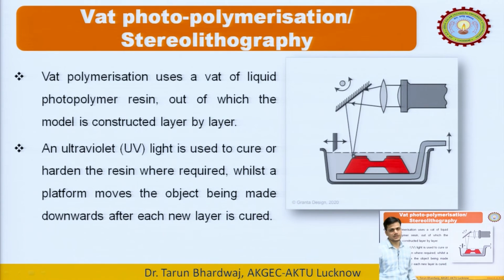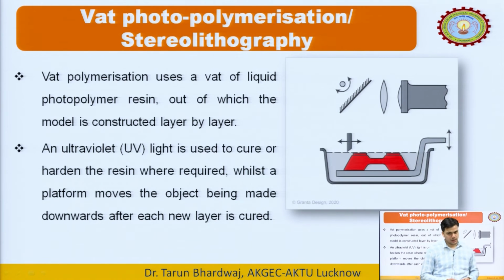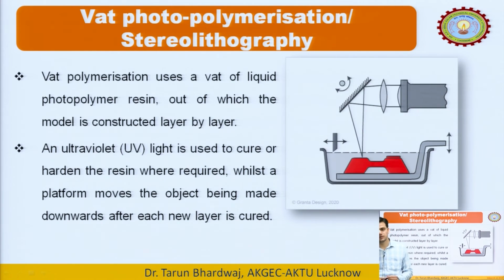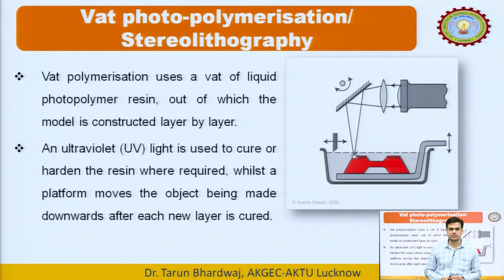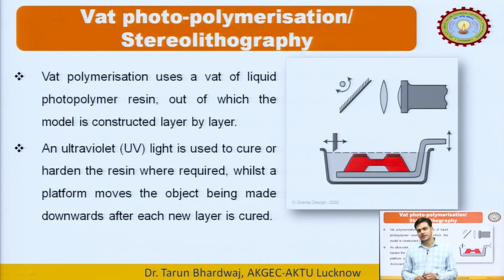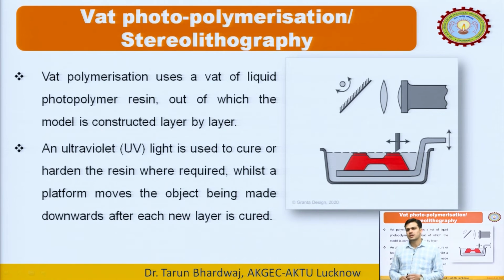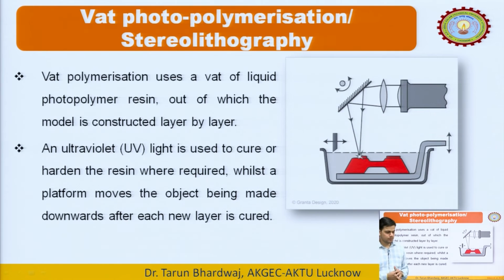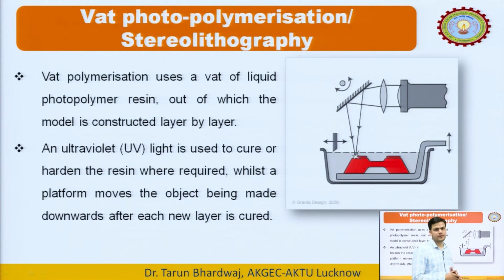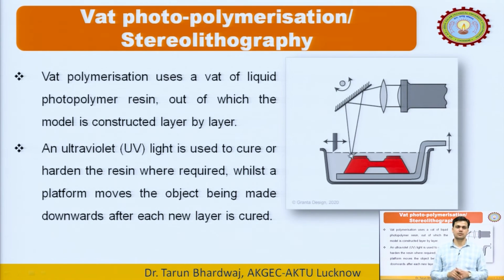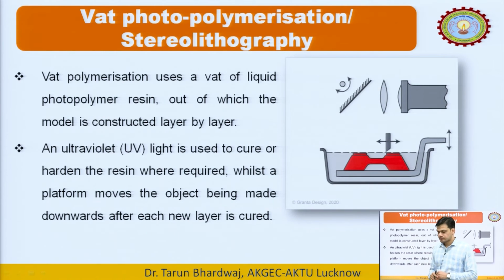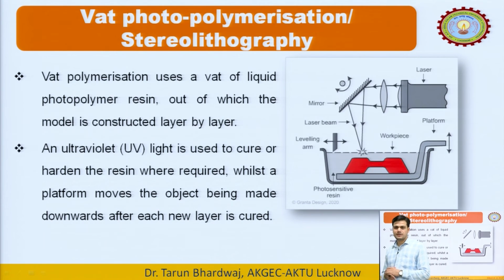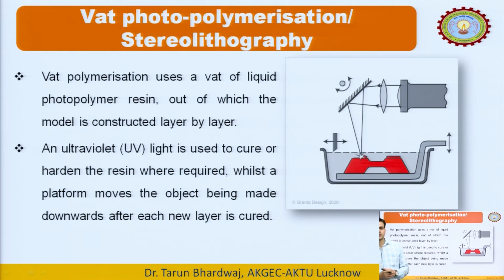So let's start with the classification of this additive manufacturing process. As I told you, there are different kinds of processes we have: the vat photopolymerization, we have stereolithography, and we have the powder bed fusion mechanism, and the directed energy deposition process. So let us start with this vat photopolymerization or the stereolithography, because this process was firstly developed by Dr. Kodama. So let us take how the process basically happens, कैसे basically इस process में क्या होता है,